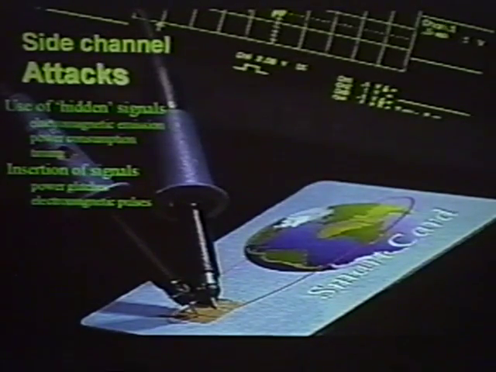It uses time for doing operations. And all these things give an attacker information. And we'll see what we can do with it. On the other hand, we can look into insertion of signals. Suppose that we interrupt the power supply for a very short moment, or we use a very strong electromagnetic pulse. It might be possible to influence the behavior and in that way attack a card. Now all these attacks aim at retrieving the secret keys or the secret pin codes.